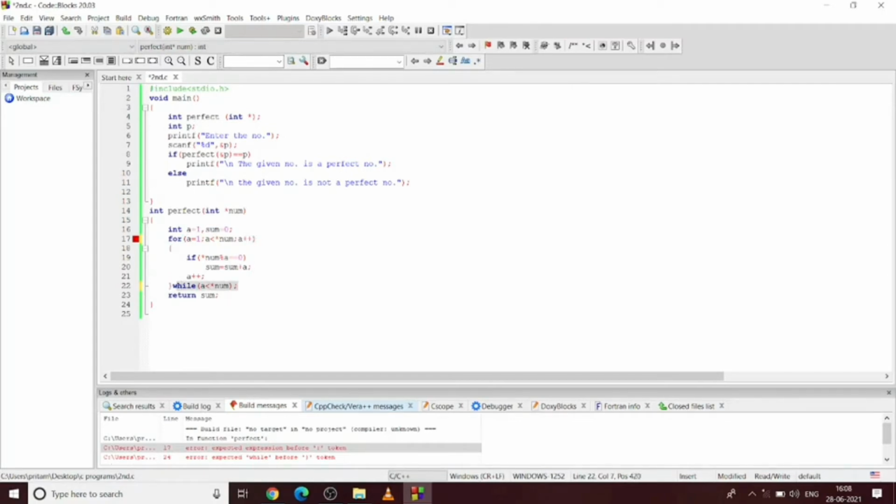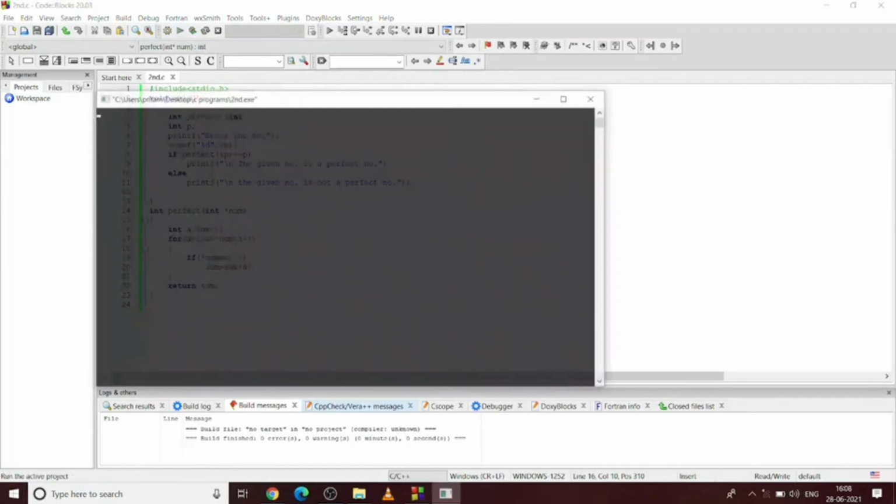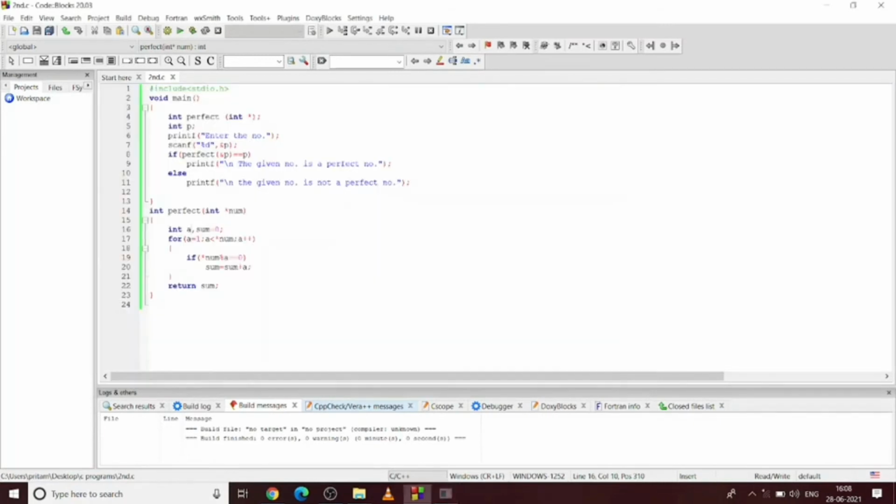We won't need this, and also a plus plus. Now the output is the same. Everyone take a screenshot if you want to, because I'm going to clear this up for the new program, that of a palindrome number.